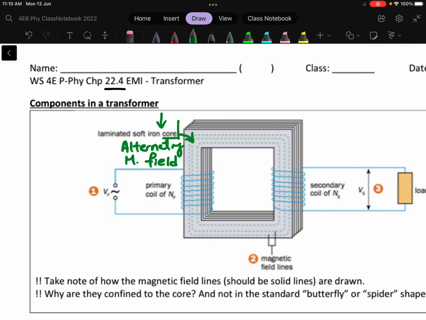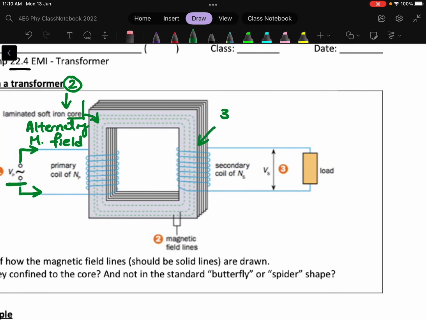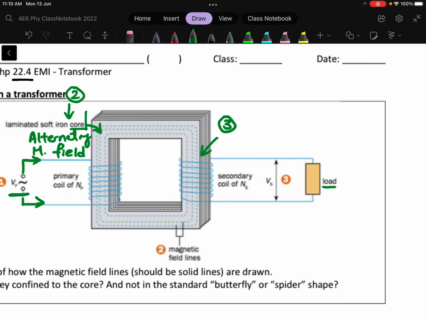So just to recap, in the primary coil, I have an AC source. The AC source produces an alternating current that flows in and out of the solenoid, and because of that, it will produce alternating magnetic field, and this alternating magnetic field will be directed by the iron core and towards the secondary coil. So if you look at the secondary coil, you will see that it has no electrical source. It is just connected to a load, right? And of course, this secondary coil, it is insulated